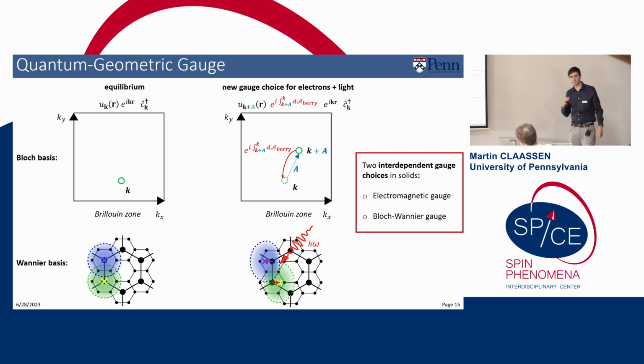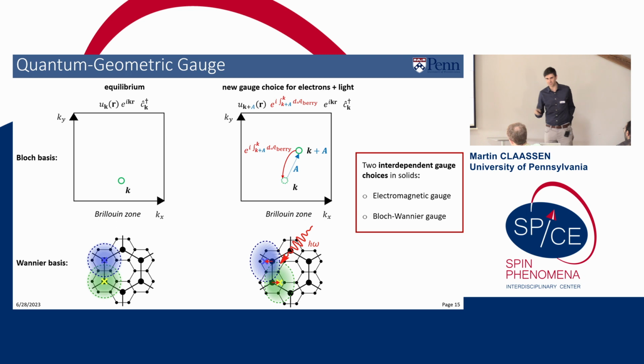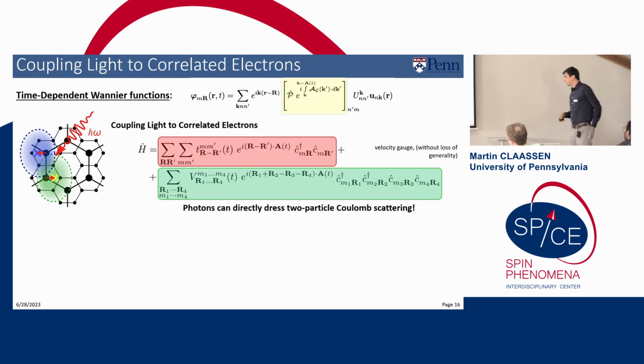And now generically, this effect will enter in materials, but will be very weak if the Wannier orbital is reasonably well localized on atomic sites. But if I have something like a Moiré material in which the Wannier orbital has a relatively wide extent, then this breathing motion can actually become the dominant response for a correlated electron system, which I'll hopefully convince you for one particular example. A theorist's way is to say that there's 2 gauge choices in the problem, and they're inextricably linked. So one more equation slide. What that means is that the low energy problem is actually very simple.